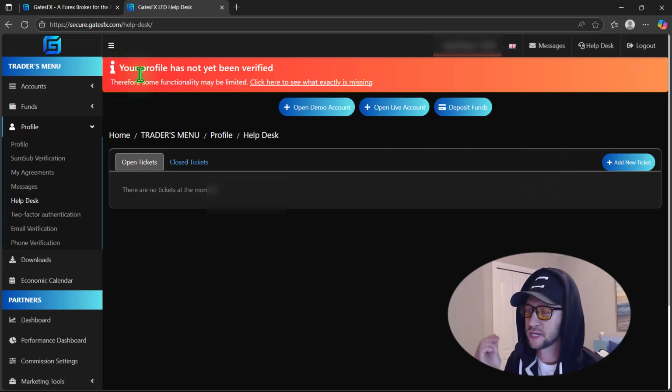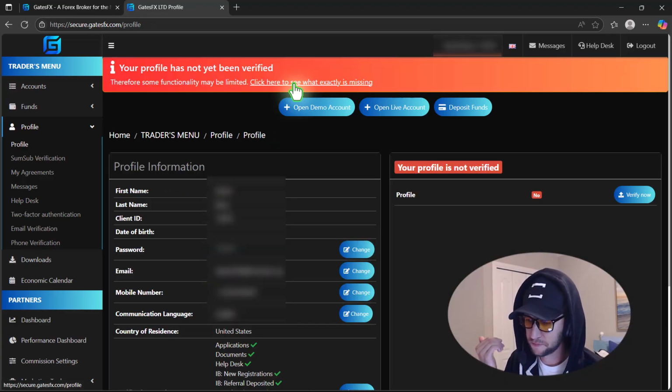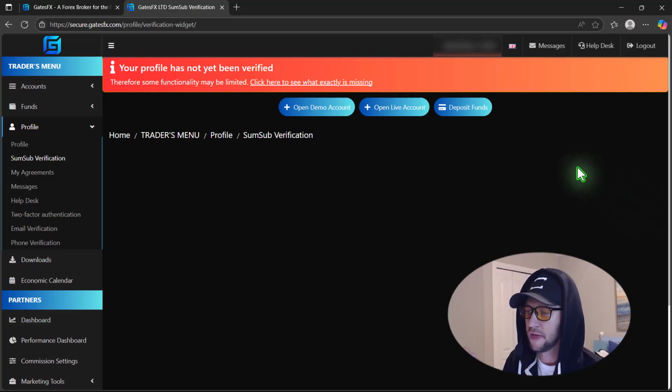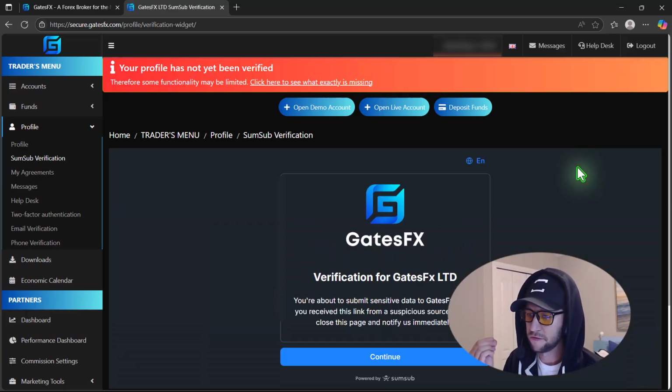But what's important here is it says your profile has not been verified. Therefore, some functions may be limited. So it says click here to see what exactly is missing. So in this case, it's asking for your profile to be verified. It says verify now. And then at this part of setting up your broker,